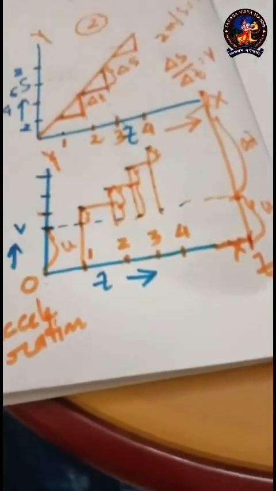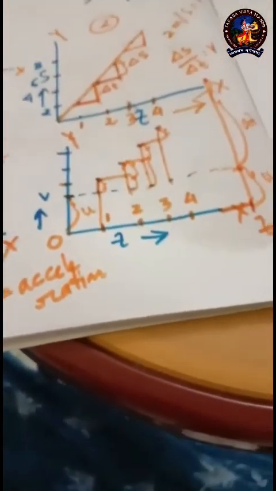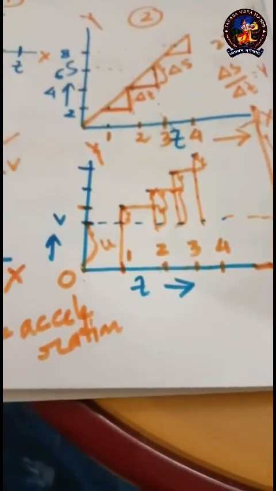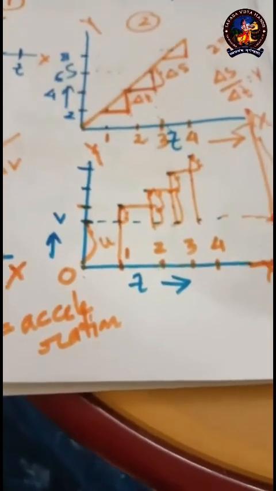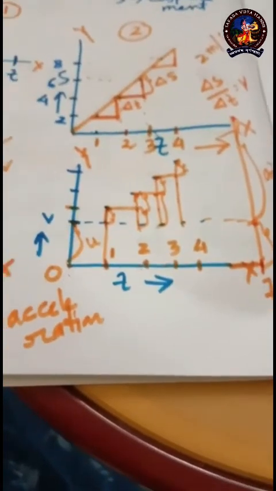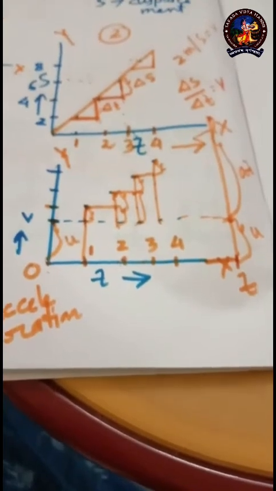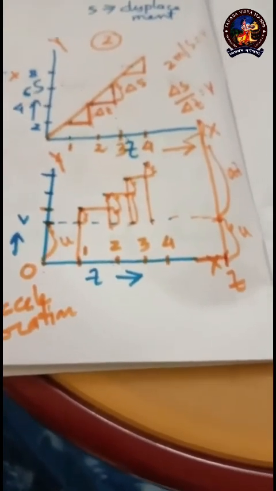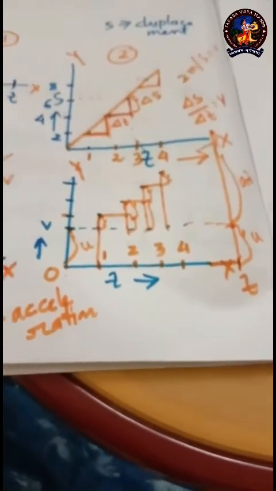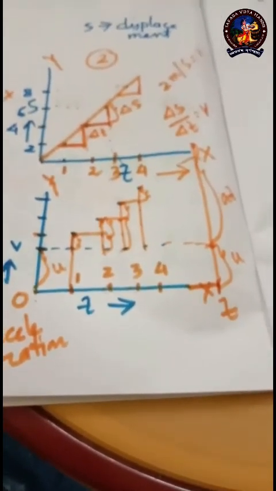So have a very keen understanding of all these things, and if you have books, consult your books. It will be a good thing if you can understand, not only for this class but for future classes. I hope you will understand, and I will give only one numeric on average velocity. Some formulas will also come, but today understand all these graphical representations, and by the next day I will go through all the formulas. Till then, good day.